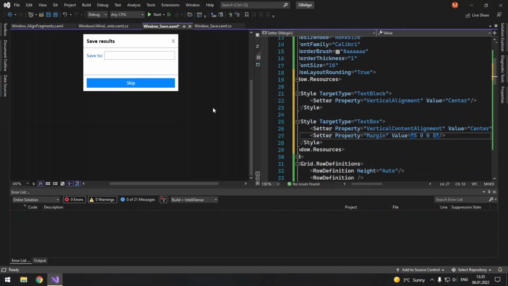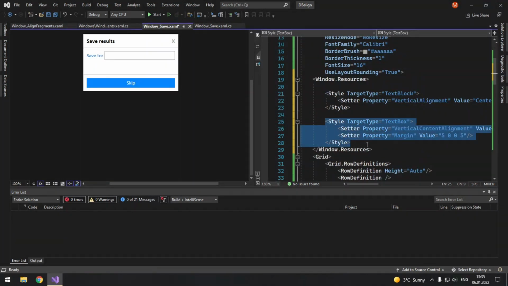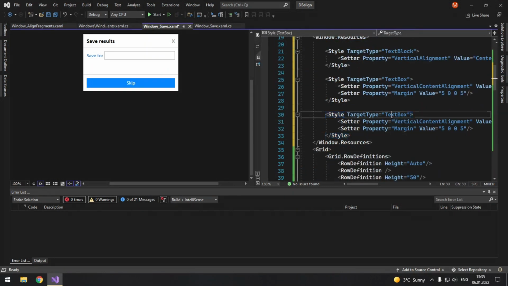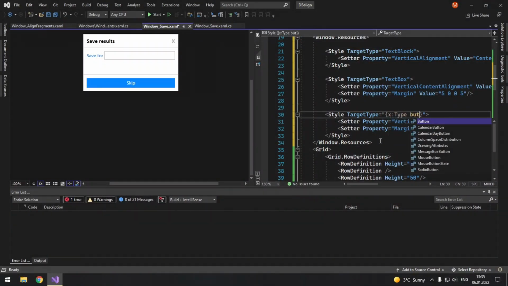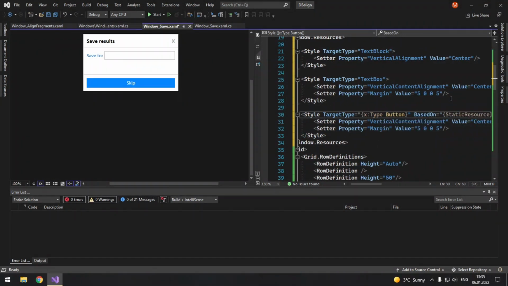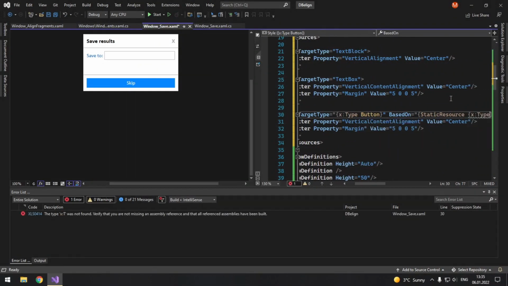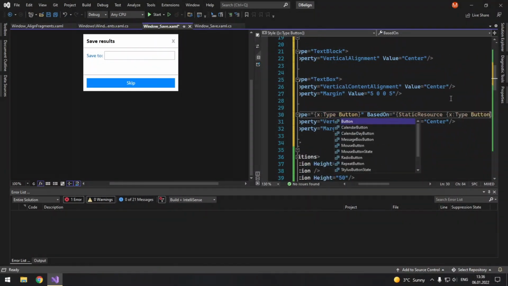And also we will create a style for buttons, but we want to modify the base style. So Style TargetType equals x:Type Button, which is BasedOn, and to access the default style, StaticResource, and in curly braces x:Type Button.